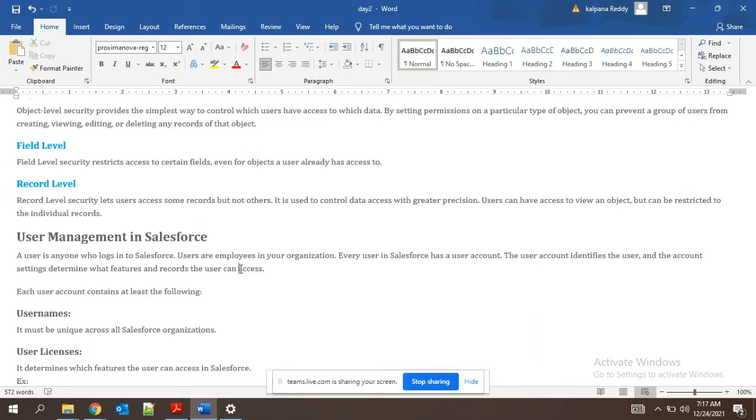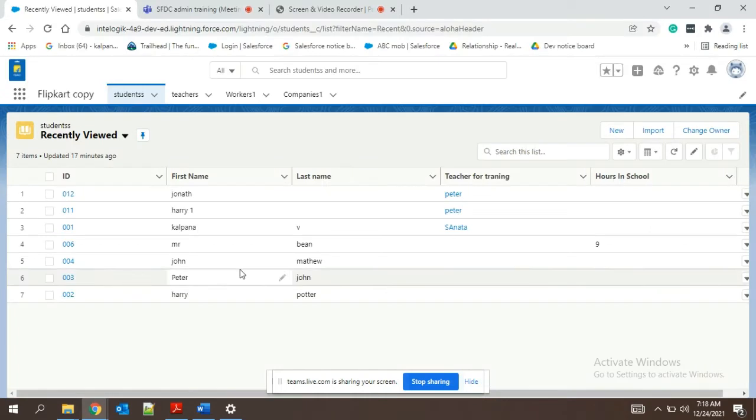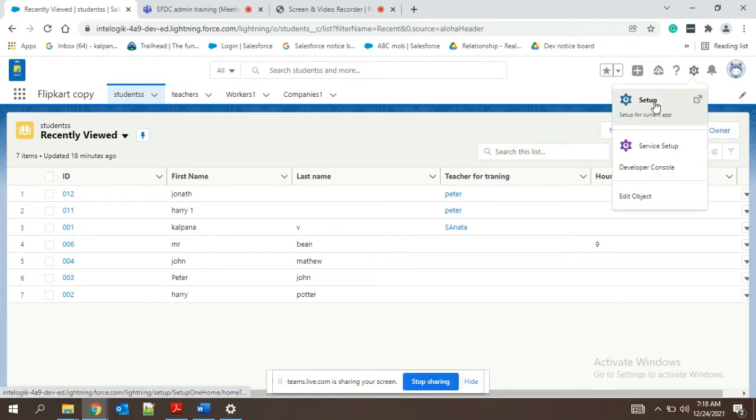For example, in one of the customer services, like Amazon customer service, they have hired like 50 people for doing their service, and they are put into the rotation 24 by 7 and all. So all those things can be configured here in the Salesforce org. But whoever logs into the organization should be added into the users. Like in the setup, users is there. There we have to add.